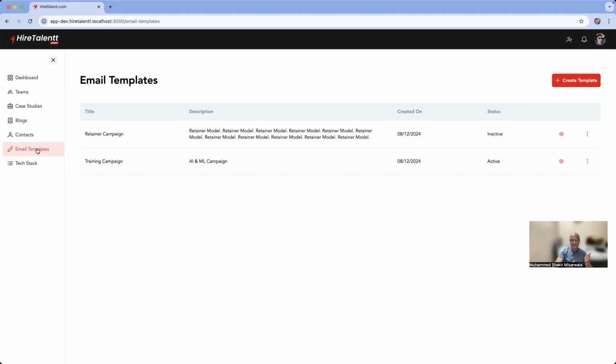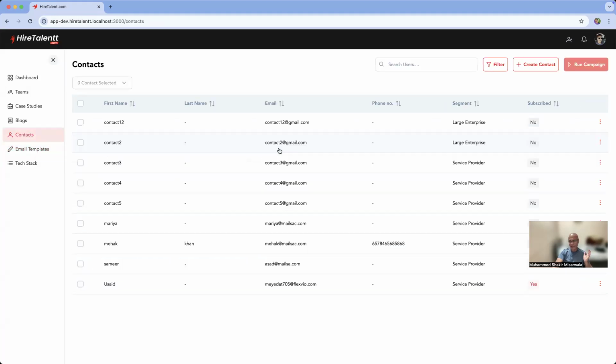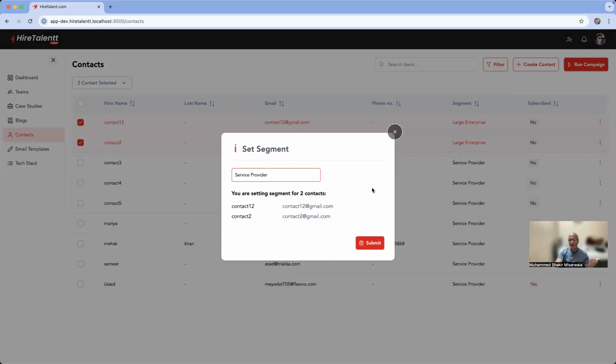ये देखो, ईमेल टेम्पलेट्स, fantastic. First of all, I implemented this contacts. पहले से implemented था. These are the features that I have added. So you see, these are the additional features that were added. So if I select this and this contact, delete पहले से added था, subscribe, unsubscribe and set segment मैंने डाल दिया। इतना जल्दी हो गया ये। For example, I want to set the segment of these two, so I'll just select this, I'll just set segment,